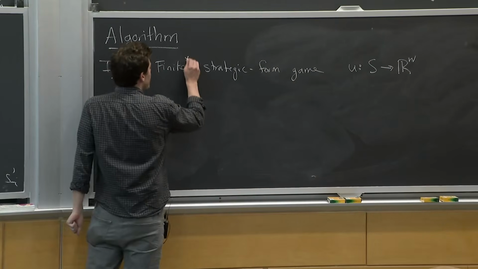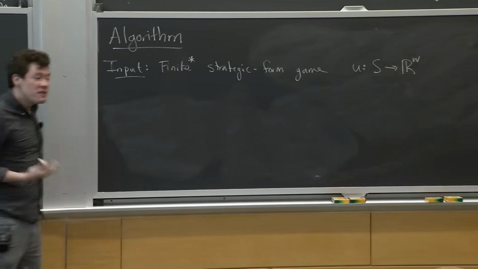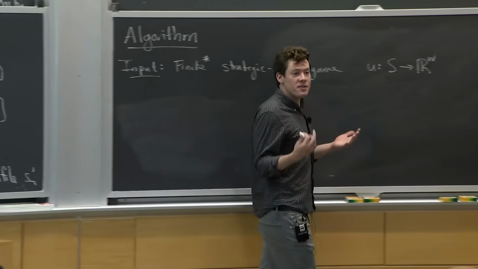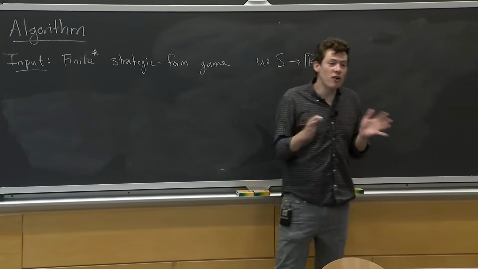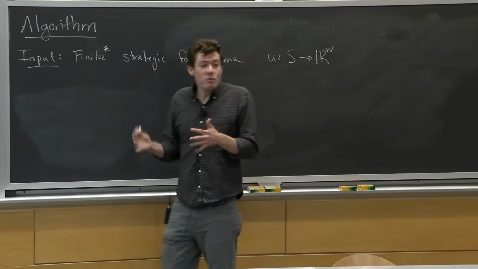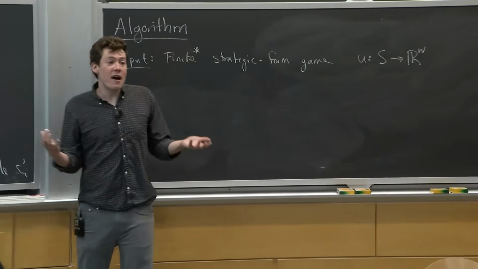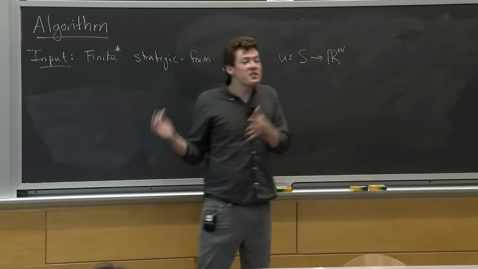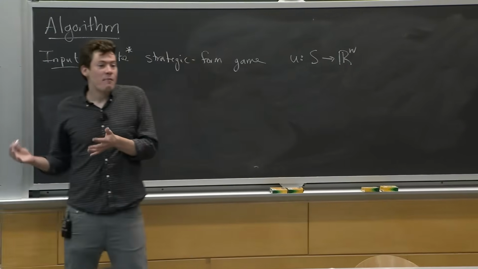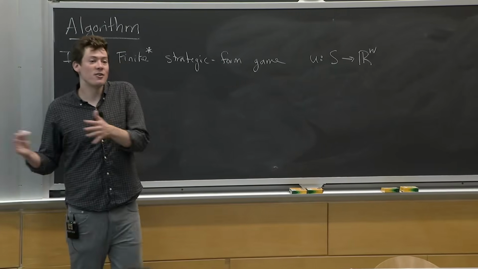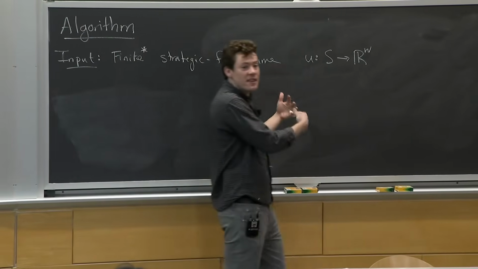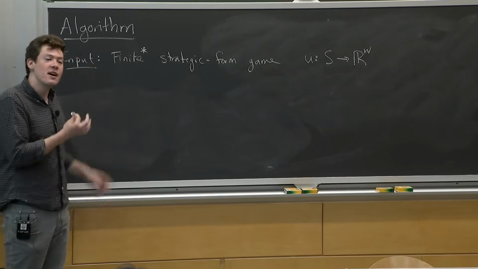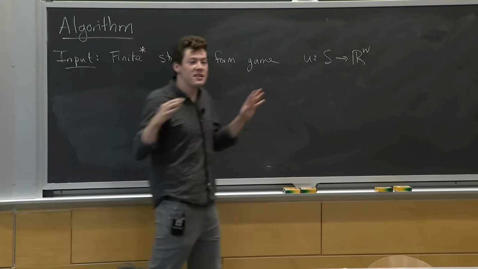Maybe I'll put a star by finite, and I'll say, what we often do throughout the course is when we talk about formal results, we assume things are finite to make sure nothing bad happens. The reason we do that is when you move away from the finite case, there are some weird cases that can go wrong. But then we'll discuss a lot of examples that aren't finite, but where things are well behaved and nothing goes wrong. So we will apply these ideas to the infinite case, but we just don't want to make any formal claims about the infinite case, because you can come up with some really weird infinite discontinuous games